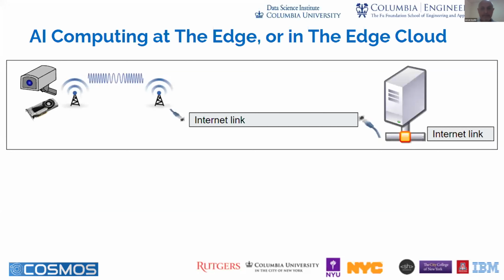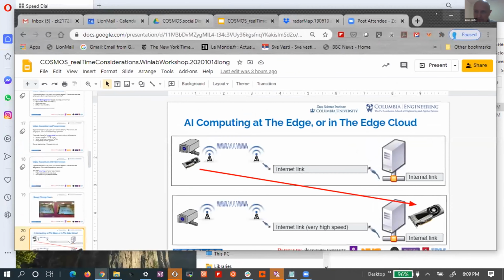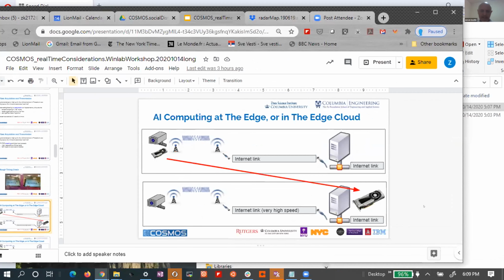So the next thing that we're talking about here, and this thing is right in front, something is obscuring my screen. So for a few seconds, I'm going to move this aside. It's going to be a little bit smaller. Hopefully you still see. So the illustration that I have here is I have a camera, I have an internet